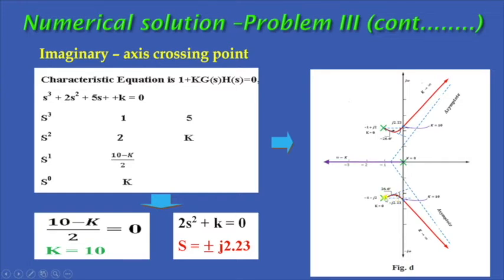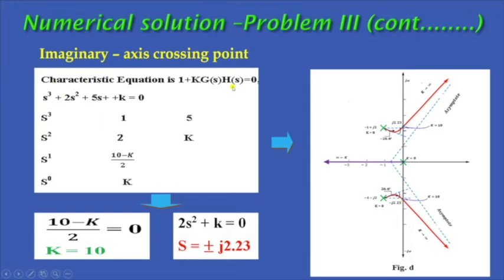So this root locus starts from these two complex poles, one at an angle of minus 26.6 degree and the other at plus 26.6 degree. The root locus departs and finishes at infinity along the asymptotes. Both are symmetrical with respect to the real axis. So this root locus crosses the imaginary axis. Then find the value of k at the crossing point.